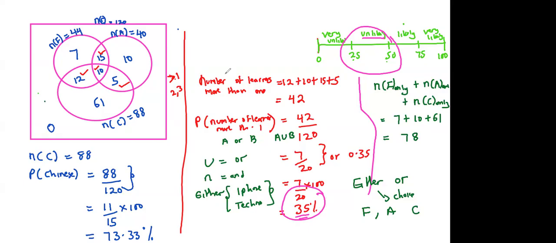Like in the external mock, there was a question in sets about players in sports, and it said something about either, whereby you had to use a union set. I don't remember it very well, but